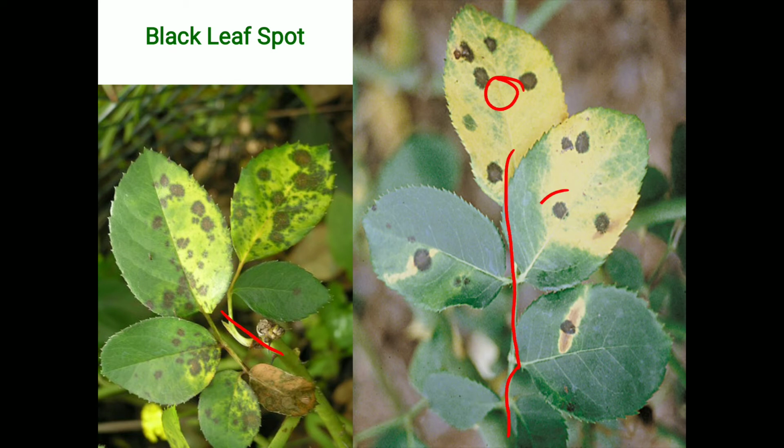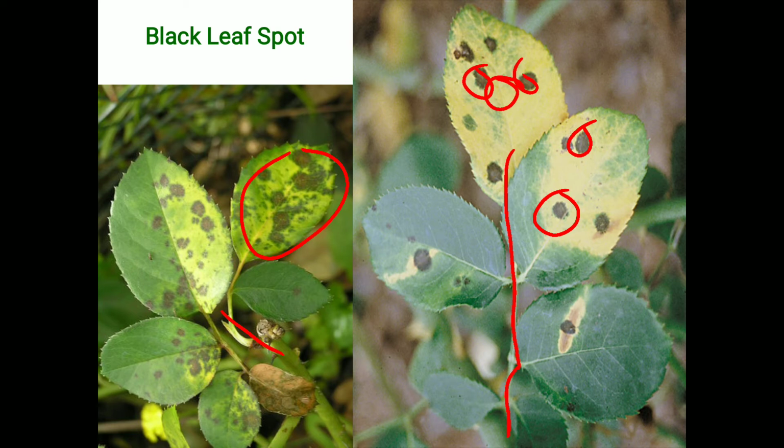As we know, brownish black spots are observed on the leaves. If favorable conditions arise in the environment, those spots connect with each other to form a large lesion. Here in the picture, each and every spot is connected with the others and dark lesions are formed. So this is about the main infection or symptoms.